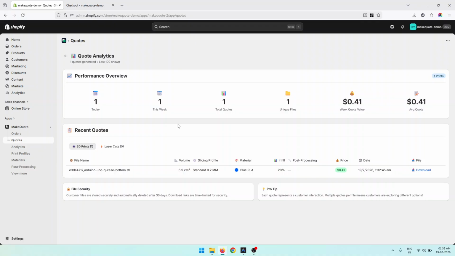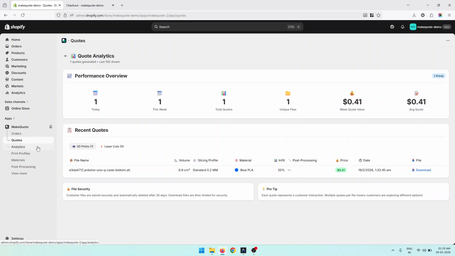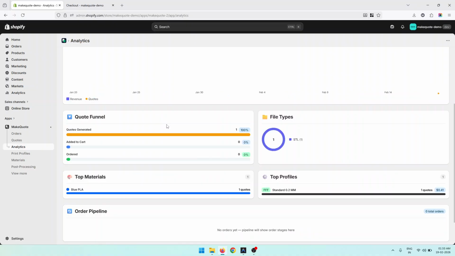And after that, we can download the STL file so that we can print it on our printers. In case it is a laser cutter file, we will see laser cut quotations here. We also have an analytics dashboard which will show us which printers, colors or materials are available, and how many quotes we are getting, which are the most popular kinds of materials and printer profiles we are getting